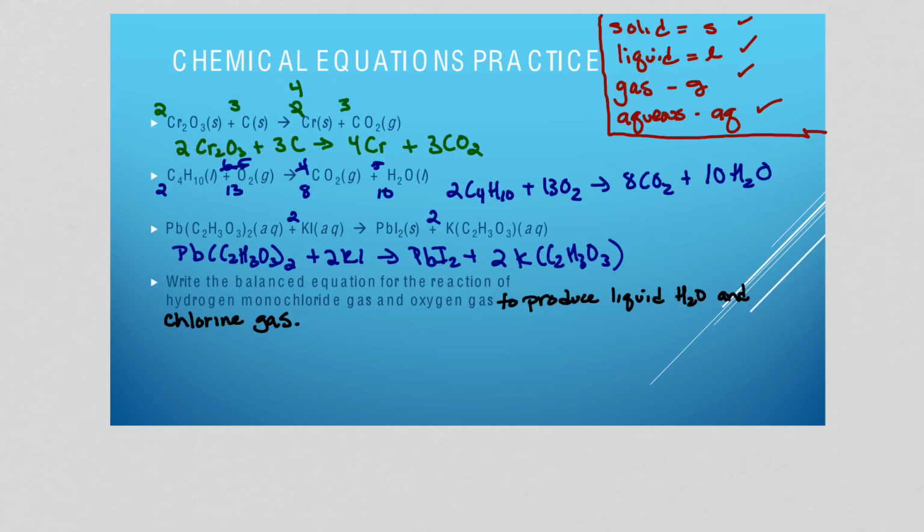So we have hydrogen monochloride, so that's HCl, and it's a gas, plus O2 gas, right? Remember, oxygen gas has the formula of O2. It's a diatomic element. Goes to liquid water